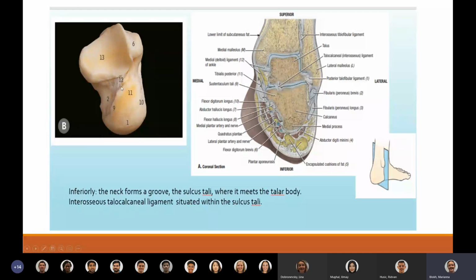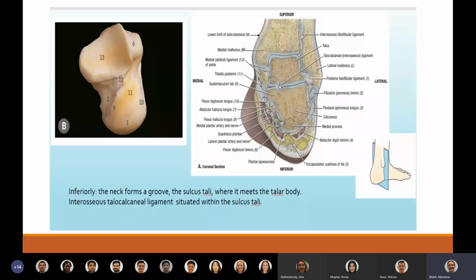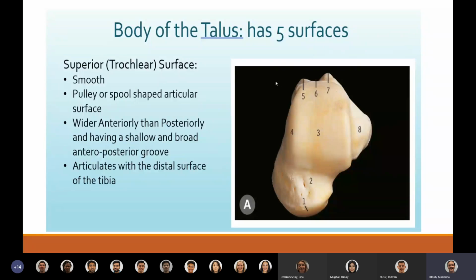What's important about the sulcus? You have the interosseous talocalcaneal ligament. So here's your talus, here's your calcaneus. This is a picture of the interosseous talocalcaneal ligament that is situated in the sulcus tali, okay? So a lot of the times it's hard to appreciate it when you open up the joint because you cut it. But this is a picture of it. Okay. So the body of the talus,